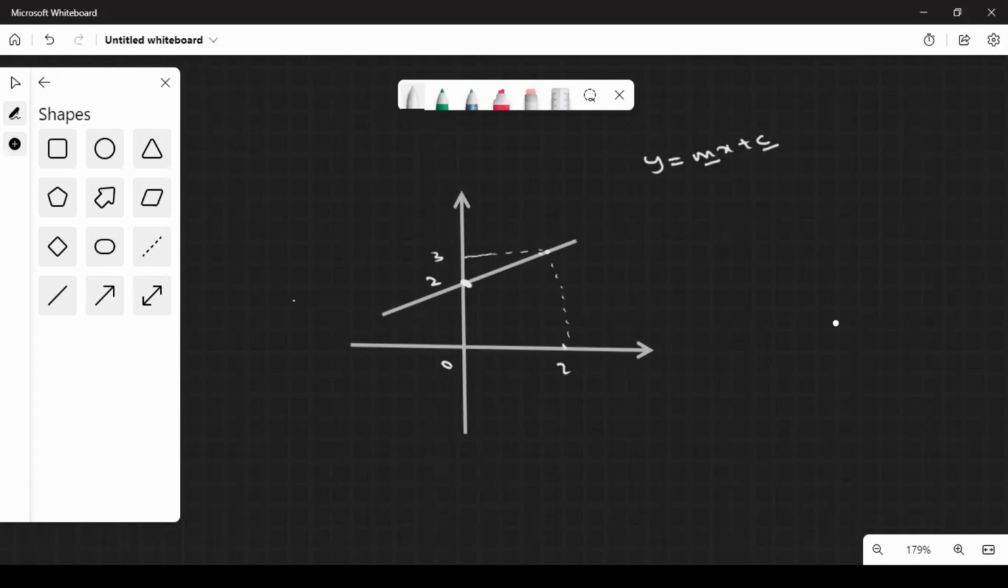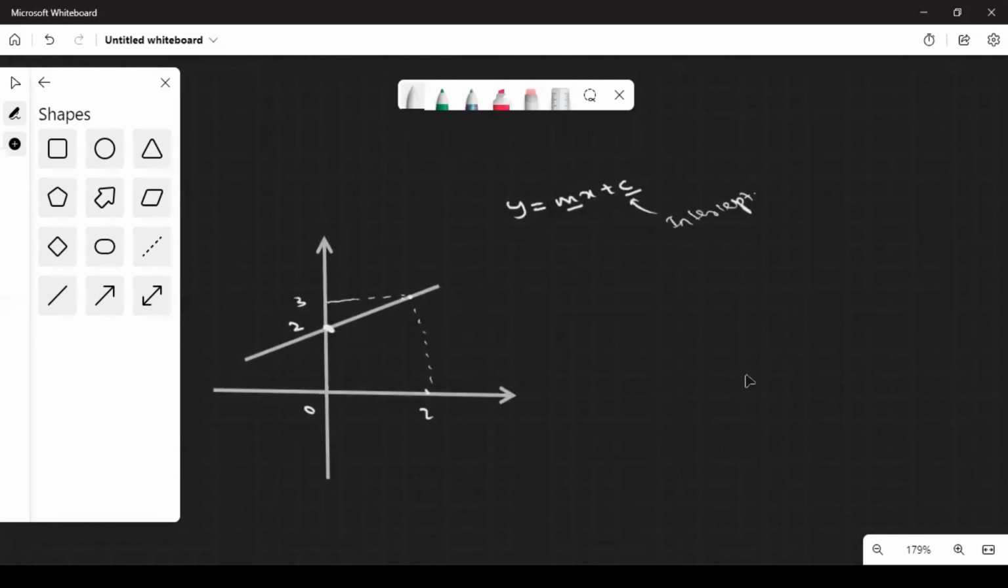What is intercept? Intercept means, listen very carefully. Listen to my words very carefully. I'm not going to write that on the screen. Listen to my words very carefully. Intercept of a straight line segment means the y coordinate of the intersection point of the graph, or of the straight line segment, and the y-axis, which means